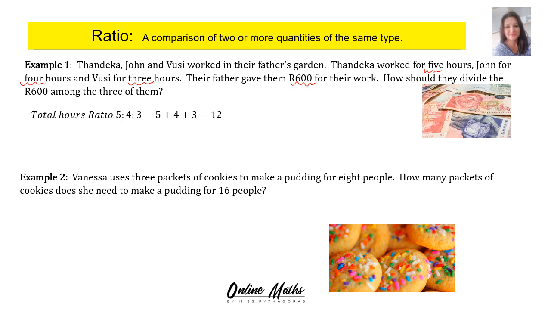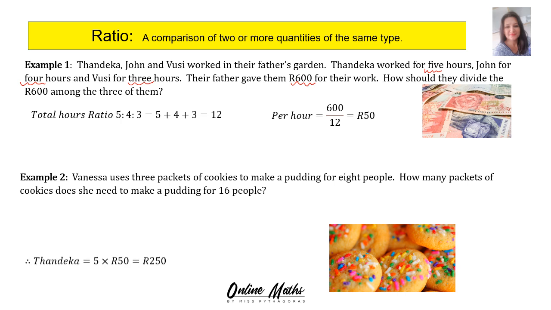So the total hours ratio is 5 to 4 to 3, and when you add them, 5 plus 4 plus 3, you get 12. So that's the total hours is 12. Then you take the 600 rand and you divide it by 12 to get the per hour total, which is